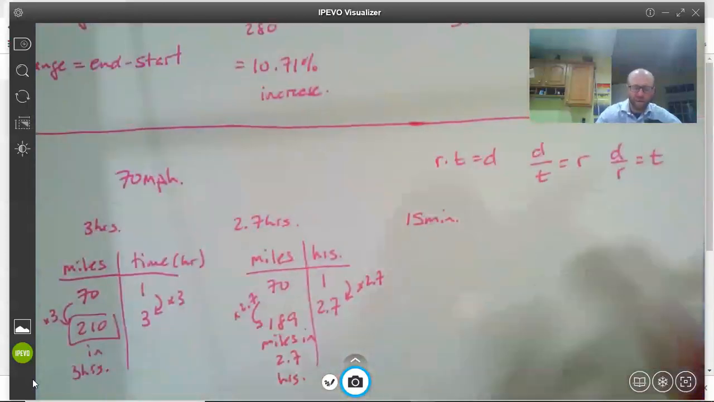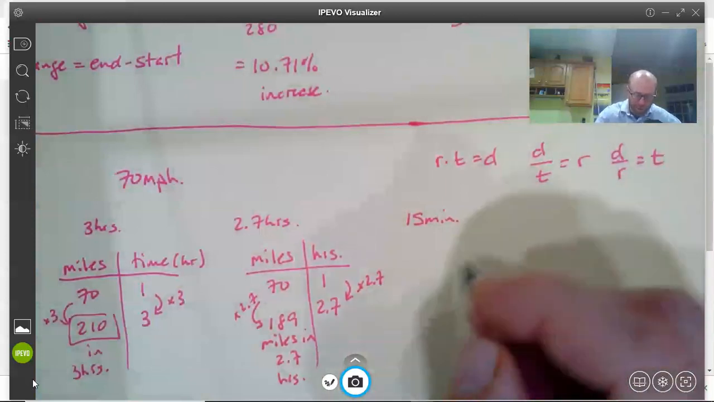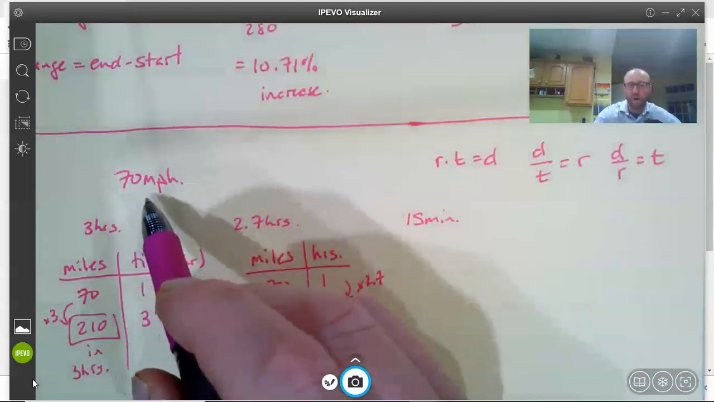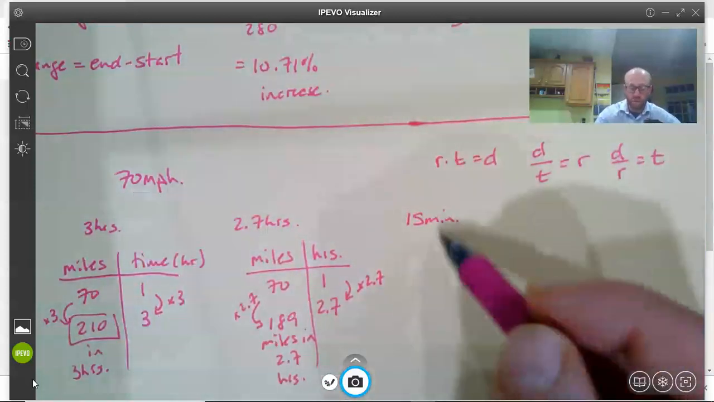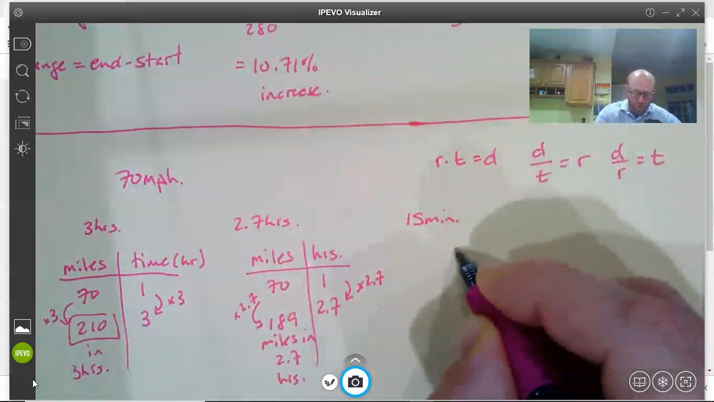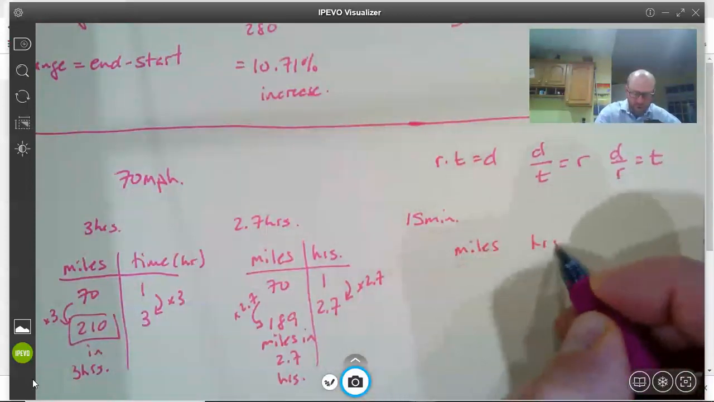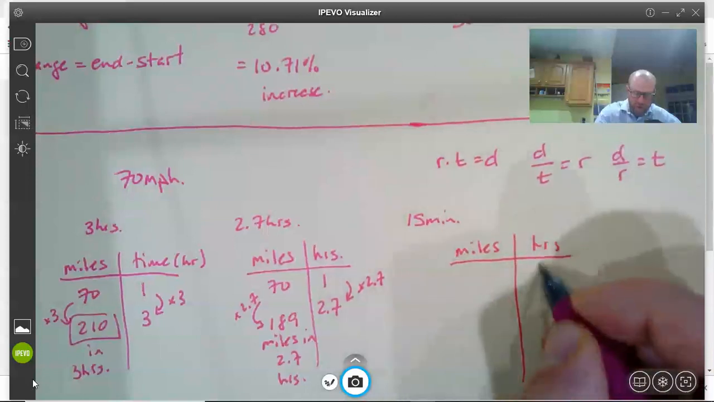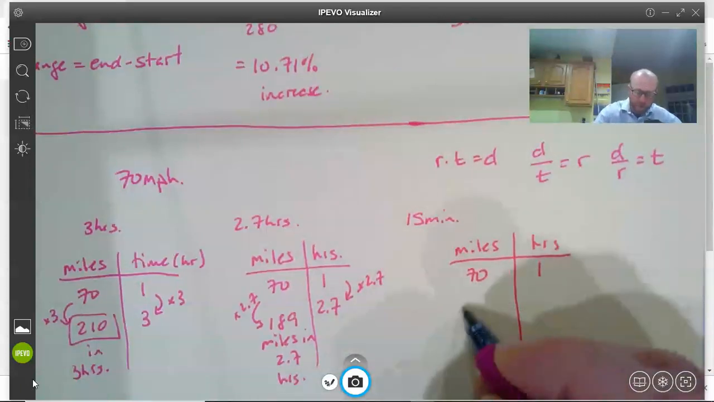Now, this last one, 15 minutes, we're going to have to change our table a little bit. Now, we could do a conversion thing. We could convert miles per hour into, say, miles per minute, and then we'd be dealing with minutes, and we can work with this. Or, again, since this conversion isn't too bad, all right, miles and hours, yes, that's 1 hour and 70 miles. But then,